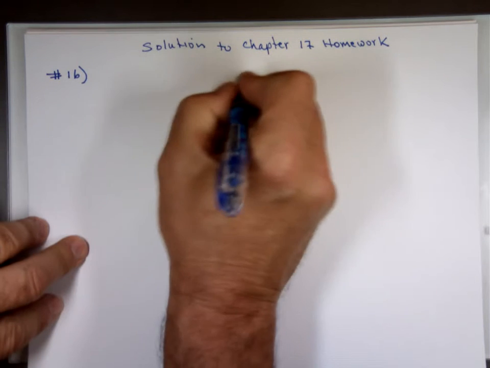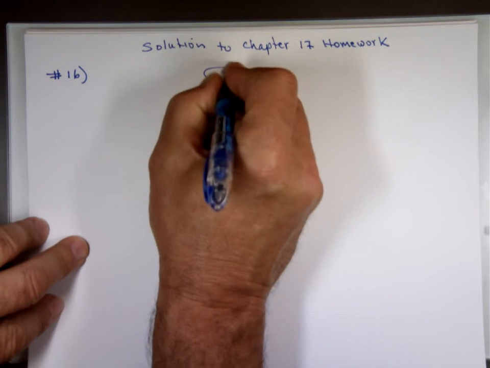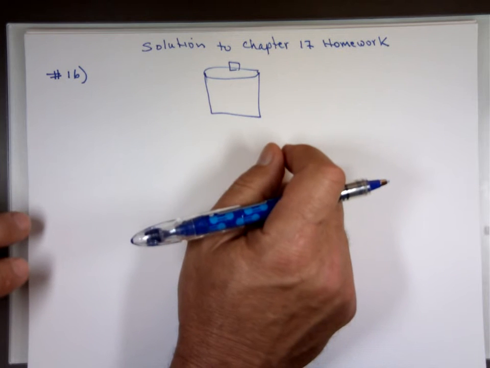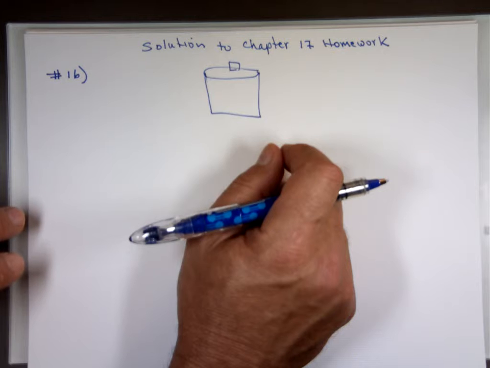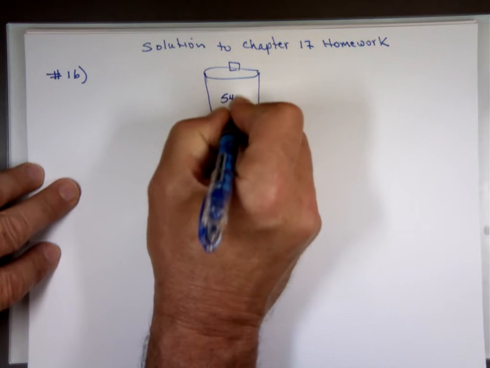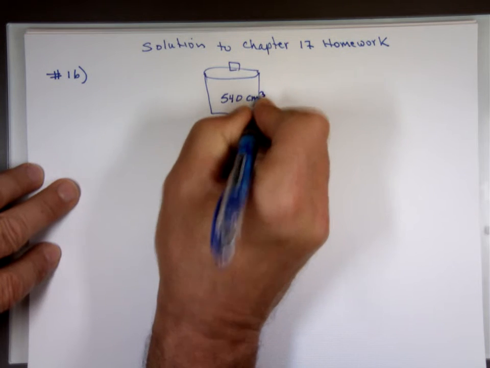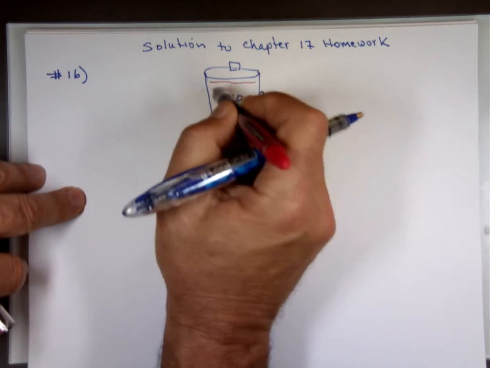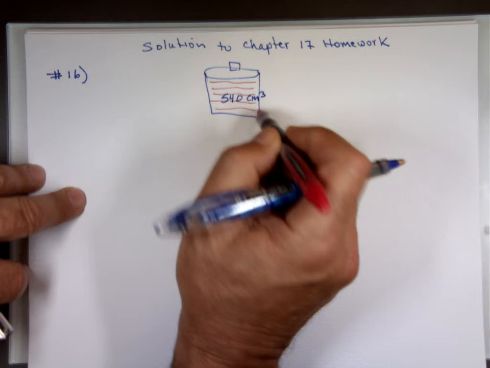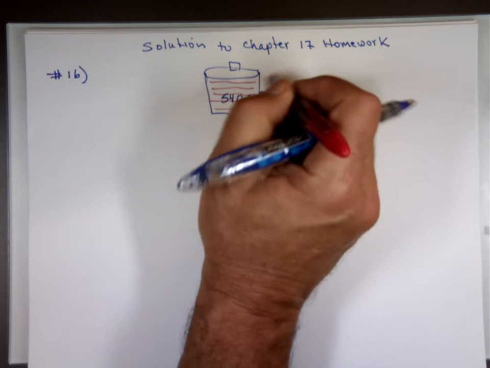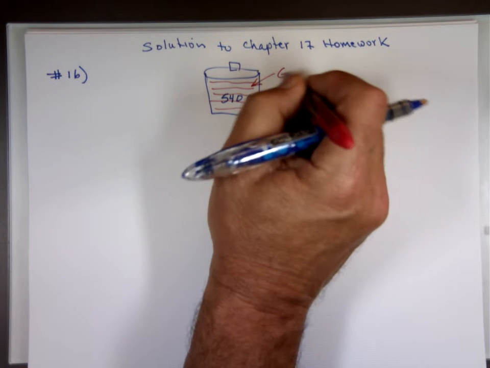We have a flask. It looks like this, with a volume of 540 cubic centimeters. It's filled with gas. So the gas inside, this is gas here,